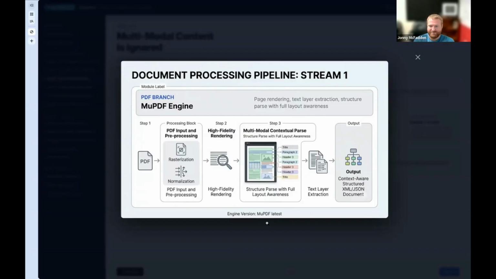I've used some tools myself before coming to Vertesia where it just takes everything as one big long string of text with no hierarchy. So the title is treated the same as the footer, the footnote, right? That doesn't really matter for 99% of the people reading that document. And I think that's the problem that a lot of places run into, and that's the problem that Vertesia solves with our semantic doc prep: maintaining that structure so that the agent can read this content the same way